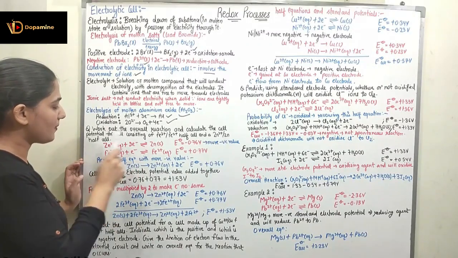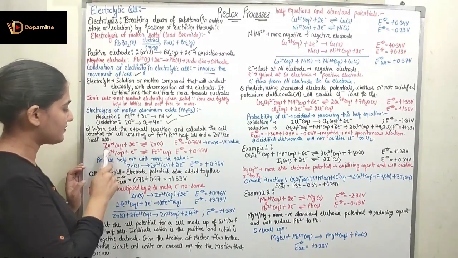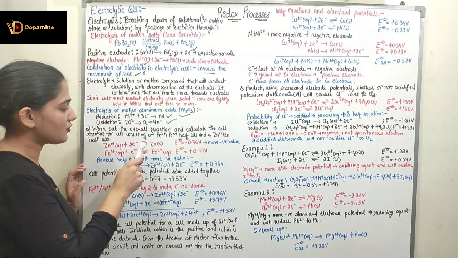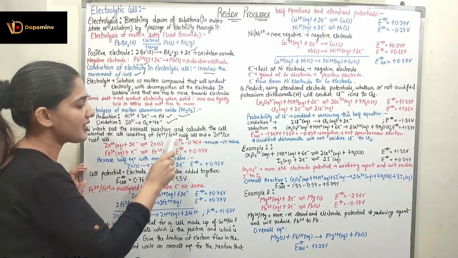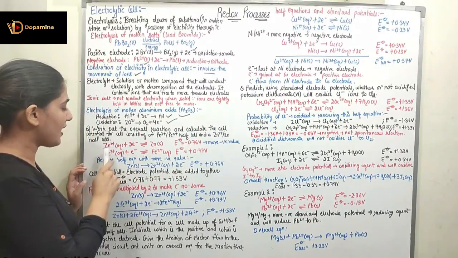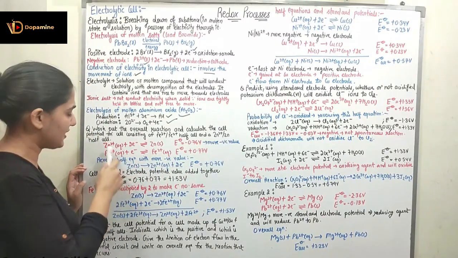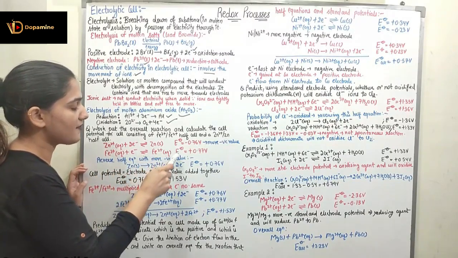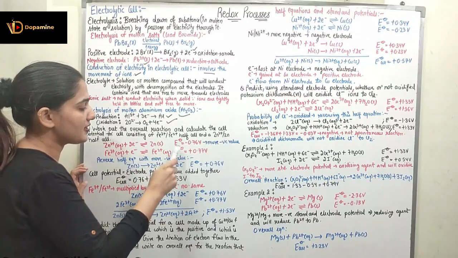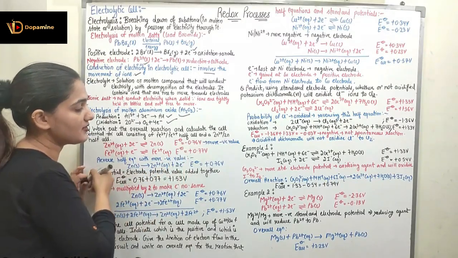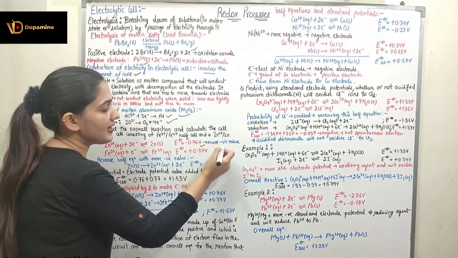So here let's talk about the Zn2+ and Zn half cell. Here we will be having the half equation: Zn2+(aq) + 2e⁻ ⇌ Zn(s), which has the electrode potential −0.76 volt. Coming to the Fe3+, Fe2+ half cell, here Fe3+ is gaining the electron to give Fe2+, which has the electrode potential of 0.77 volts. So here you can see it is negative. This is a more negative value, right?